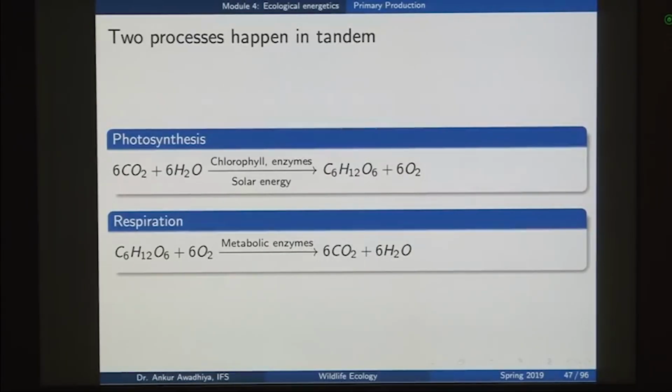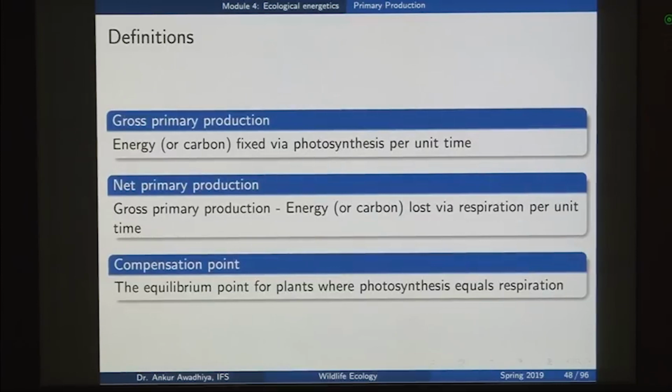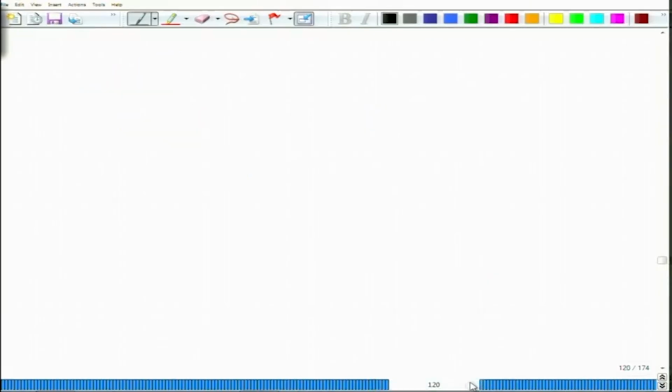Now, when both of these reactions are acting at the same point, we can define three terms. First is the gross primary production. Gross primary production is the energy or carbon that is fixed by photosynthesis per unit time. So, what we are asking here in the case of gross primary production is, when we are talking about this reaction,